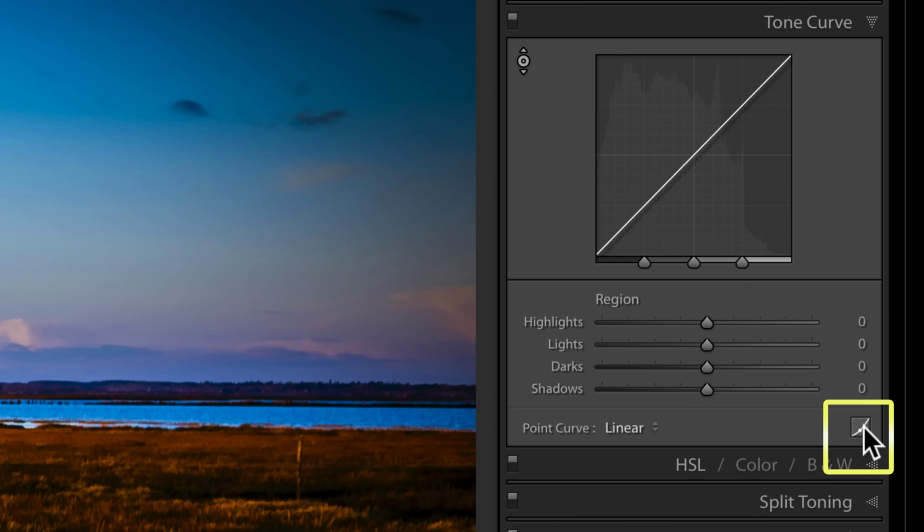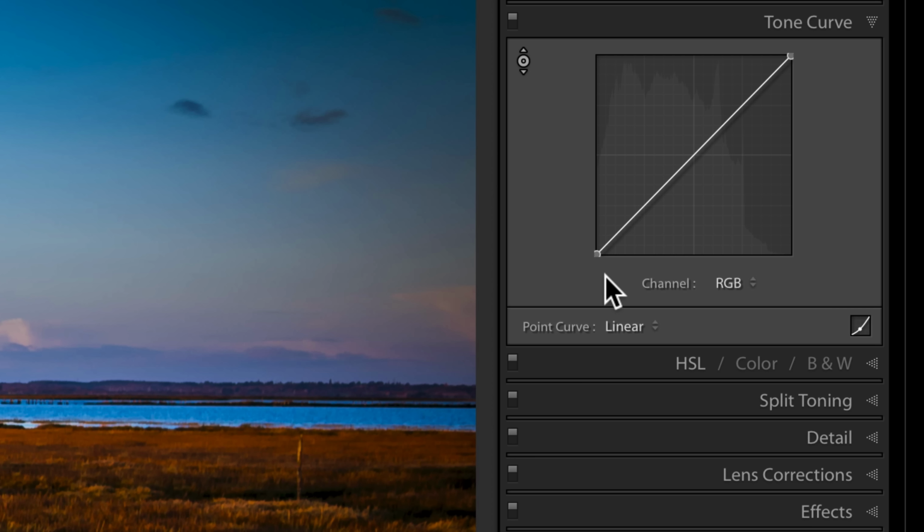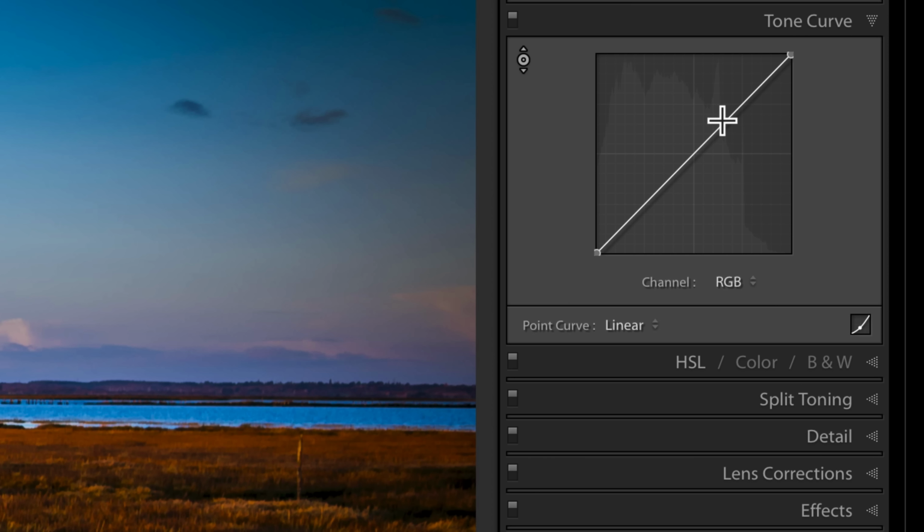Reset all. Go to the point curve tool. Now this gives you far more power than the ordinary tone curve tool, because you can work in red, green or blue, the color channels. That's RGB, which is the composite color channel. If you hear that bandied about, that's what it means. It's your normal view. You've got the target adjustment tool, but what you can do is add control points to